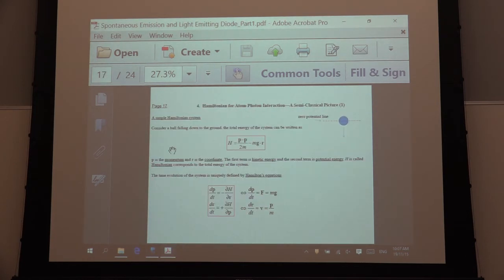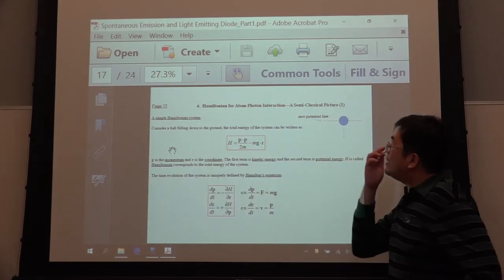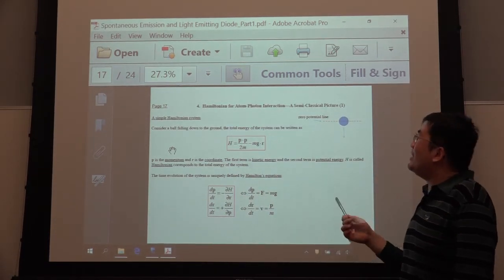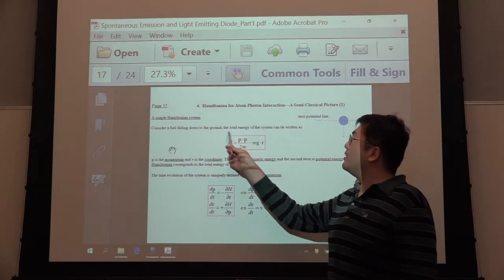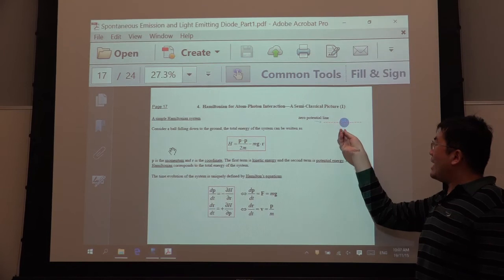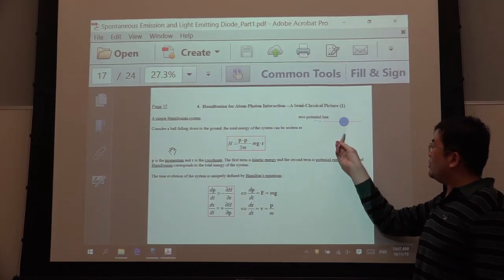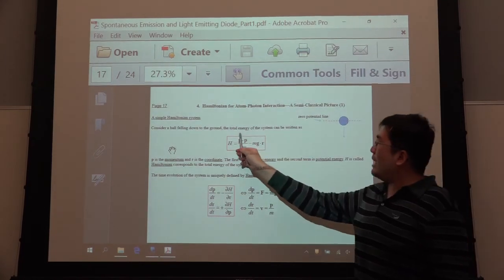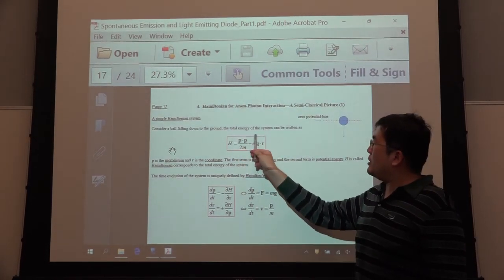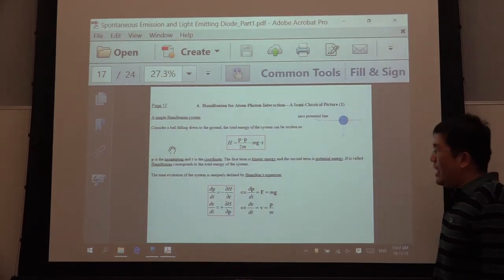So let me show this. Everyone should know this equation. It is very simple. We assume its Hamiltonian. What's a Hamiltonian? The Hamiltonian is just the total energy of this system. For a sphere going down to the ground, the kinetic energy will increase. This is the zero potential line, and the potential will decrease. So this is the kinetic energy, this is the potential energy, and putting them together is the total energy. It's a Hamiltonian.